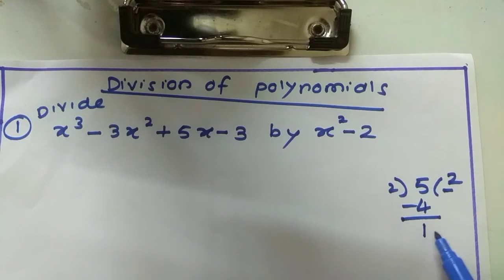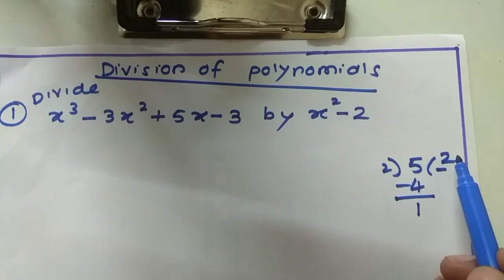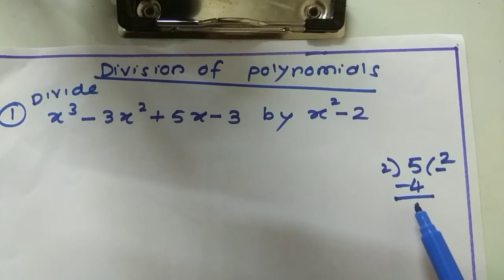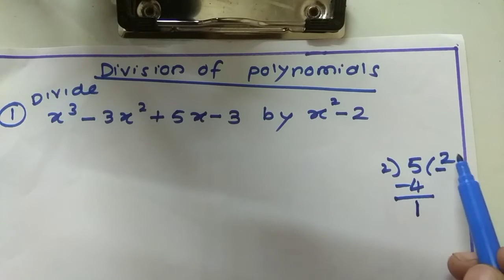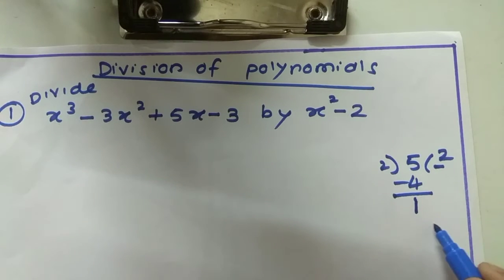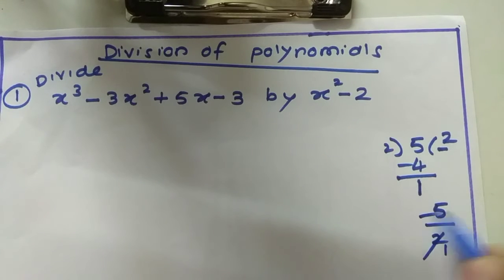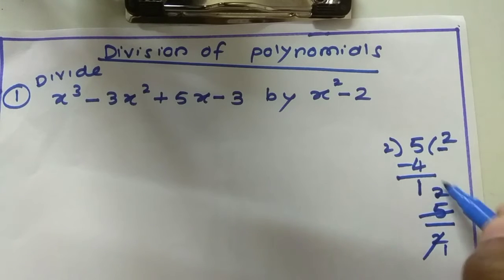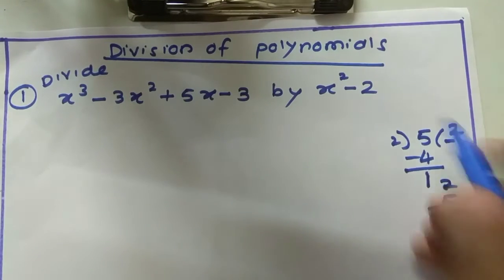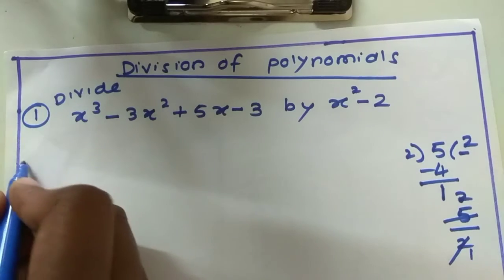Suppose the next digit is there, then we will take it down. You can continue further, but you will get the quotient as a decimal. Here we will stop because we want the quotient as a whole number. So instead of thinking 2 into how much will be 5, just see 5 divided by 2. 2 ones are 2, 2 twos are 4. So this 2 will be the whole part of the quotient. The same method we are going to apply to divide polynomials.